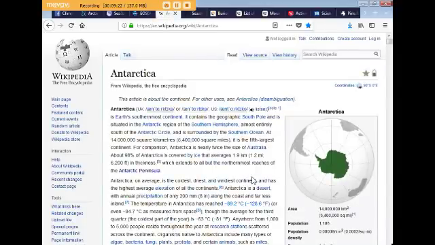And let's see if everything's going to cooperate for me today. Okay, we're going to start with Wikipedia because it's very easy to understand. Here's a picture